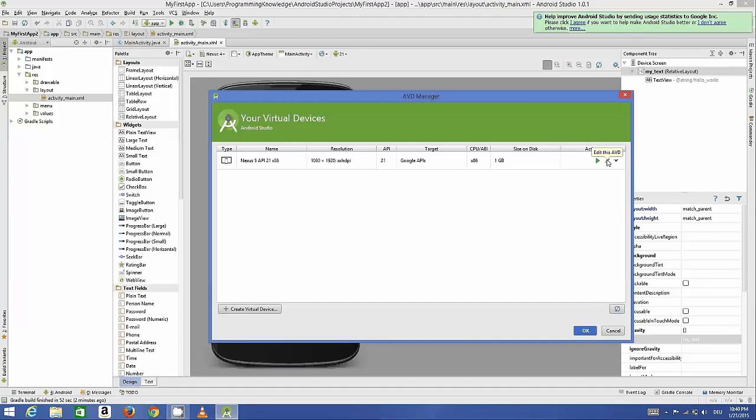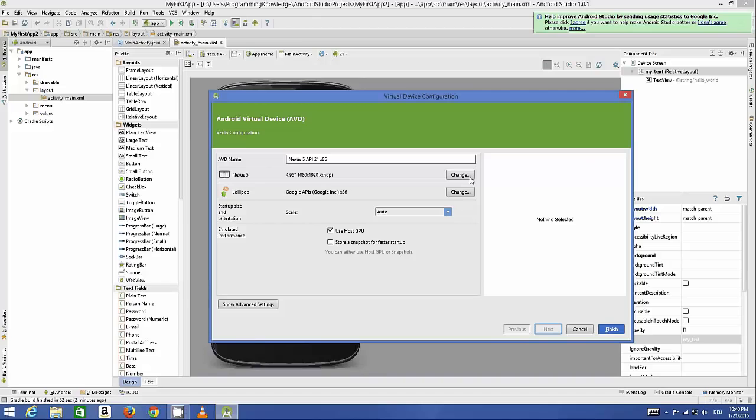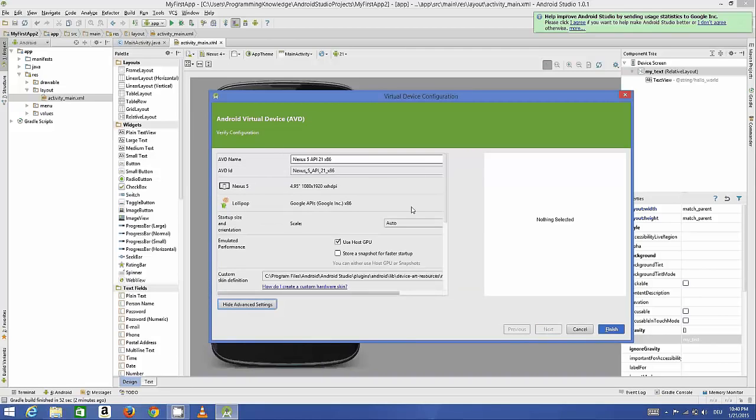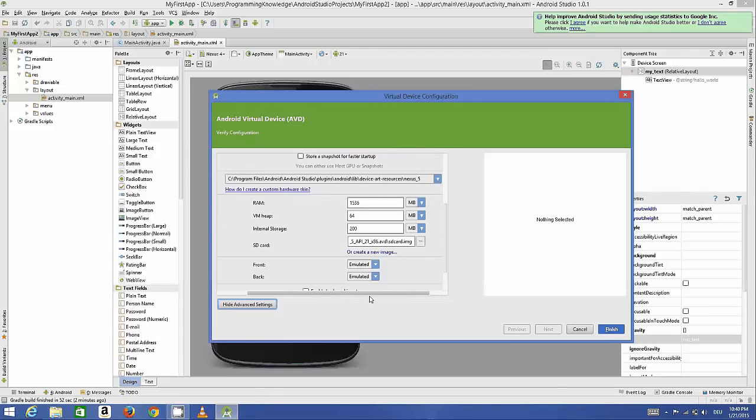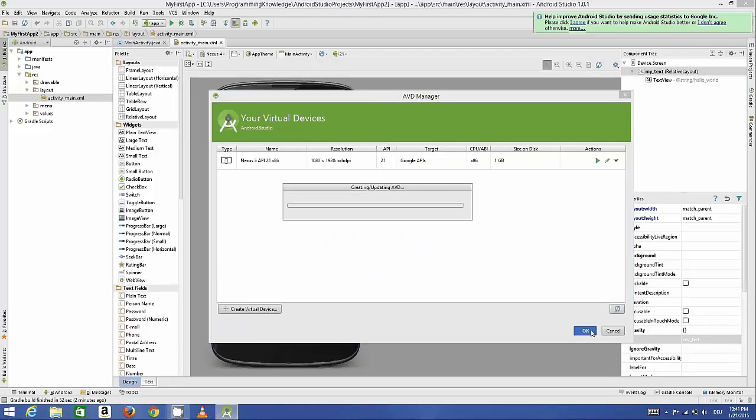In the show advanced settings you can even do some advanced settings, for example RAM settings or VM heap or internal storage, right? So by default I can see this RAM is 1536, which I think we need to change, but for now I will leave it as default because I want to run my application and see if any error occurs. We will change this RAM, because sometimes whenever you run your emulator for the first time, it gives this